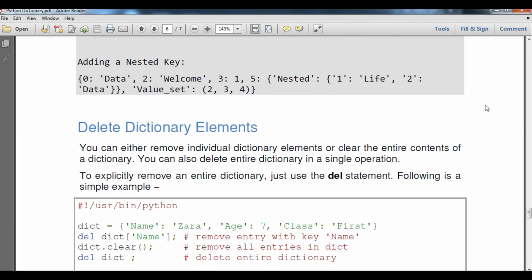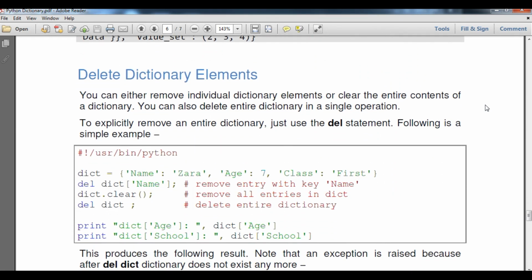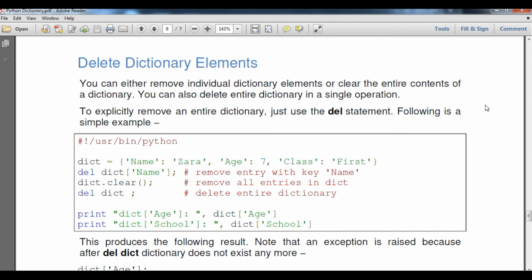Now we are going to understand how to delete an element. Which element? A dictionary element. We can delete a dictionary element by the del command, as we do in a list or tuple.